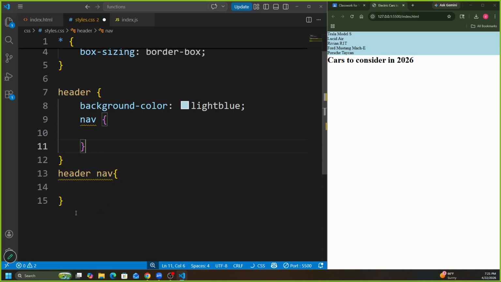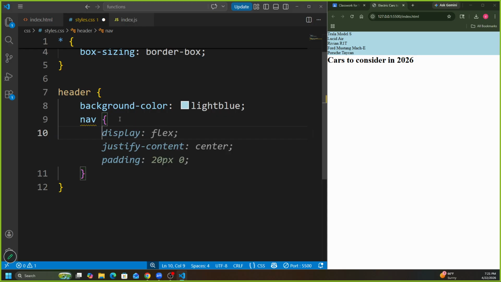I could just put the header styles, and then if the nav is inside the header, I'll just put nav inside the header, so it's easier to know where everything is, just more organized. So for navigation,